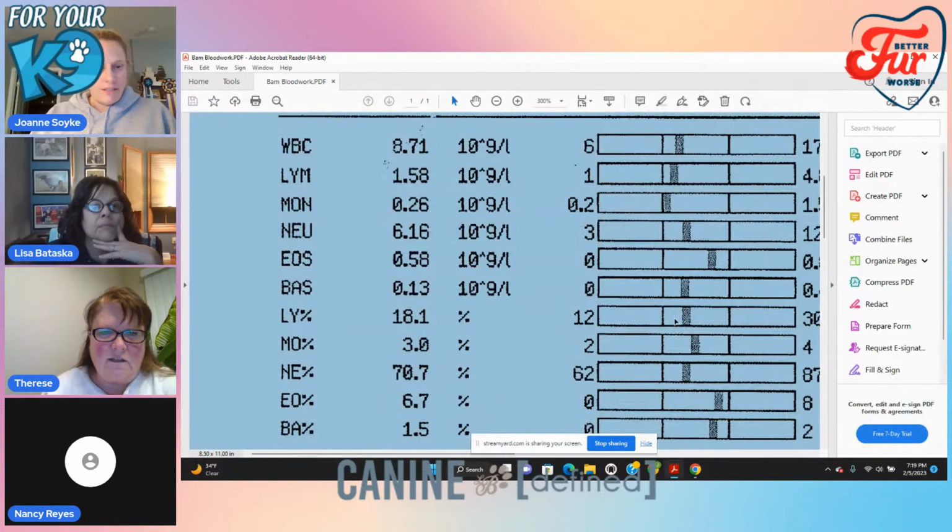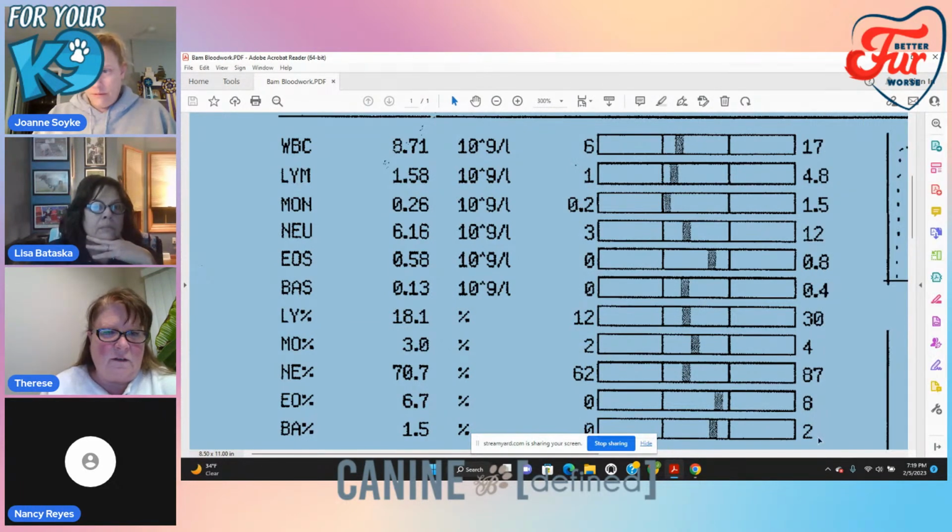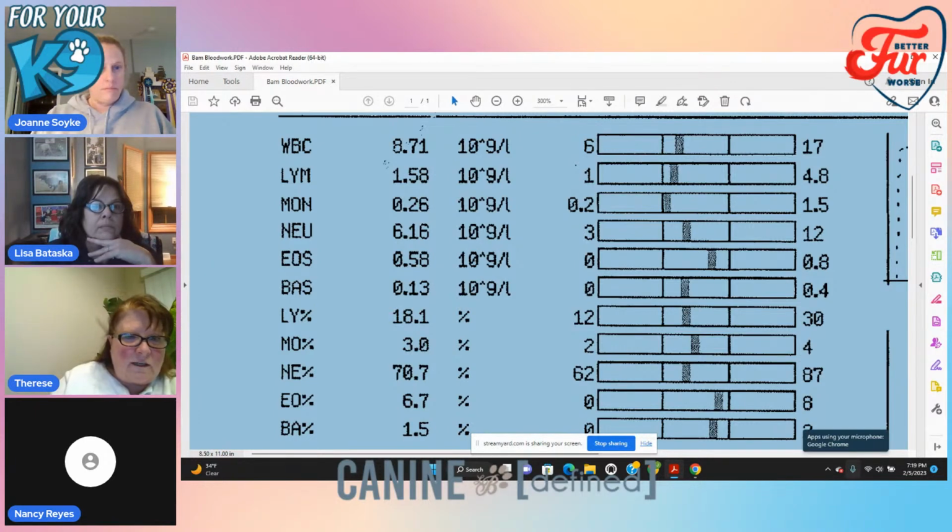Yeah, that's good. Okay. All right, so the WBCs is your white blood cells. That's going to be the sum of all of the ones under it, the lymphs, the mons, the newts, the eos, the basophils. Those are all white blood cells. Your WBC is the sum of all those things. And then if you go down,